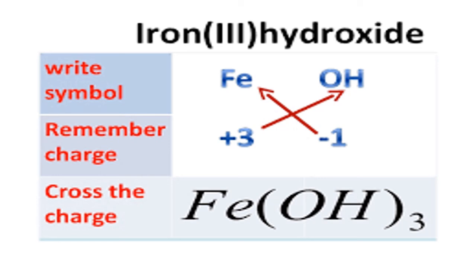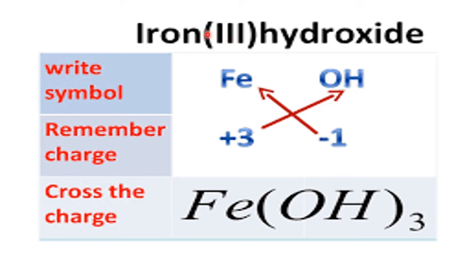Now see for the iron hydroxide, iron(III), he has specially written here. This indicates that iron is in the 3 state. In the table there are two ions for iron: one is Fe2, one is Fe3. And for copper there are two: copper 1 and copper 2. So to avoid confusion about which ion it is, we write a Roman numeral in brackets, which indicates which charge it has.